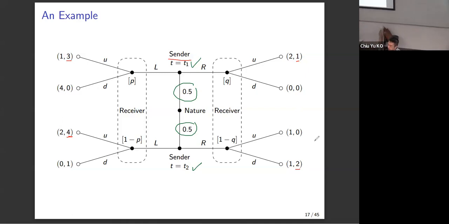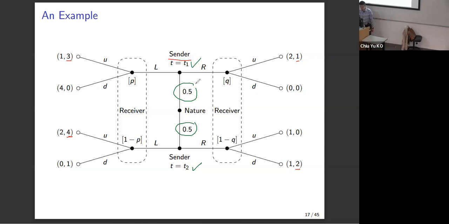So that is the basic thing. If up is always good, then the game is very trivial. So the conflict is only when you see R. The receiver has some preference. Otherwise, if that's the case, it's always very simple. It'll be very trivial for the receiver. There's some conflict there, and there's also some conflict as well,